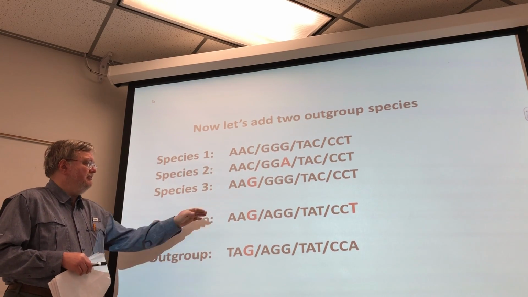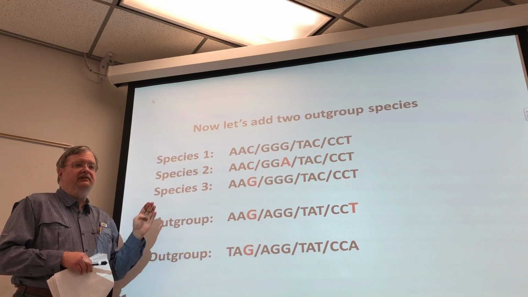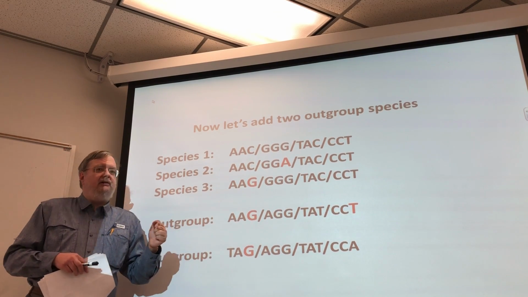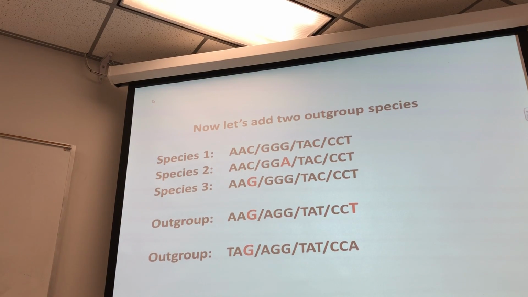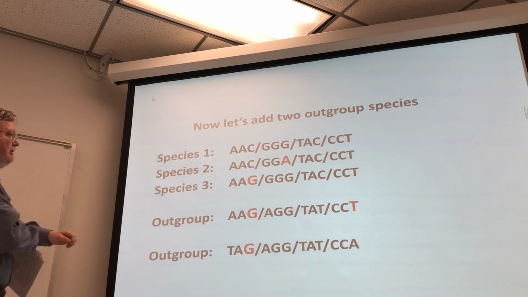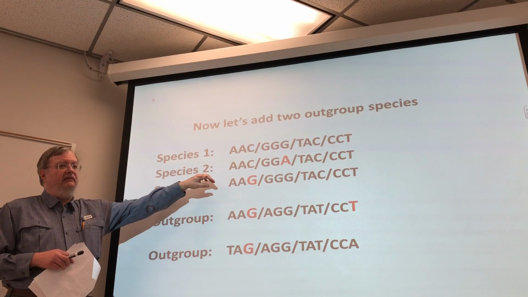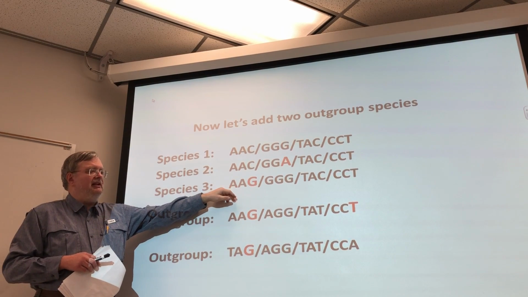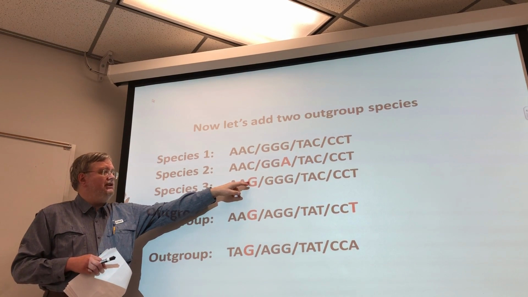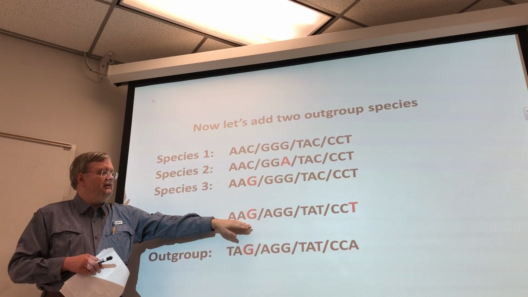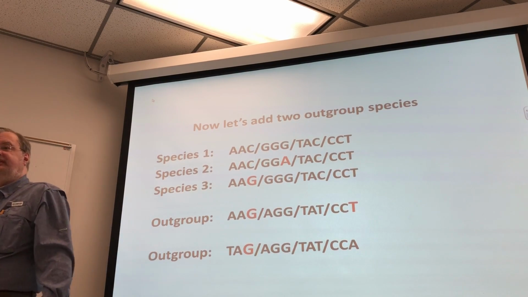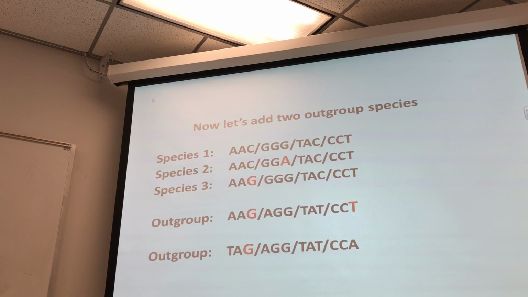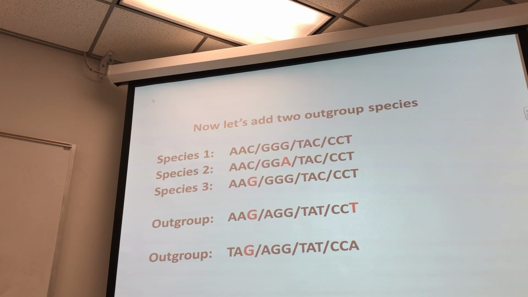Let's look at this outgroup. Given this circumstance, remember the outgroup is more distantly related. So a character state that occurs in both the outgroup and the in-group is probably going to be basal. So what would we assume was the most parsimonious likelihood of being the ancestral trait? That it had a G in the 3rd position or a C? Yeah, the most parsimonious idea is that it had a G in the ancestral condition. And that allows us to,